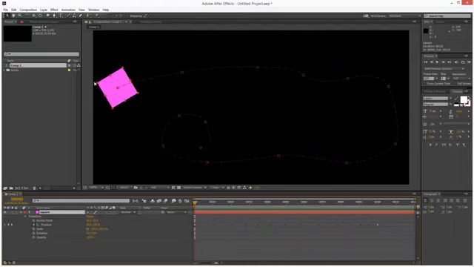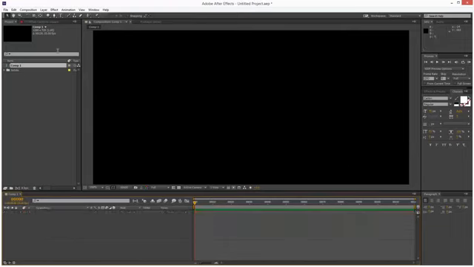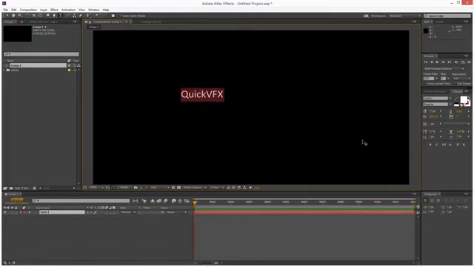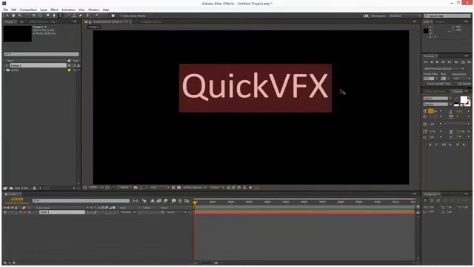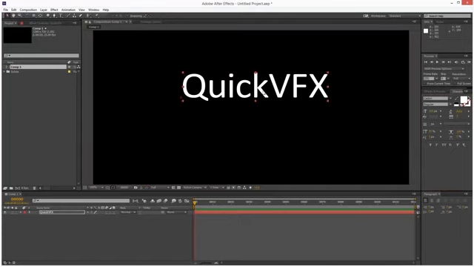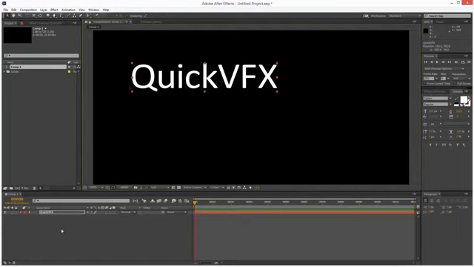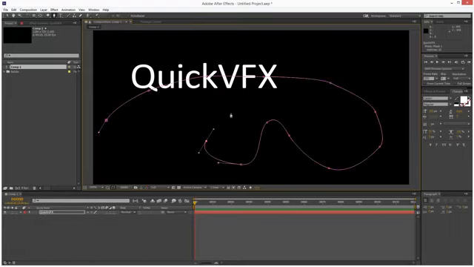Lastly, I'm going to show you a text object. So I'm just going to delete these and I'm going to type quick VFX, make it quite large, and this is a bit simpler. I'm going to create a mask path, animation path,